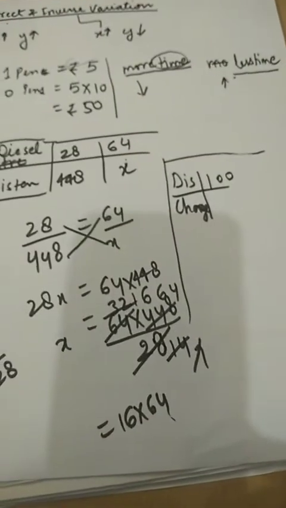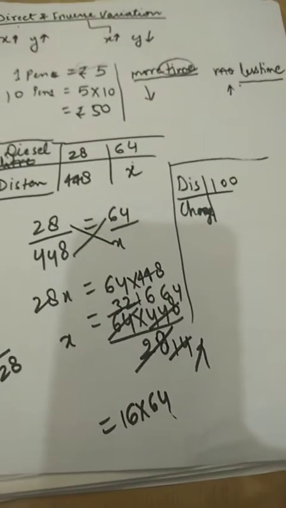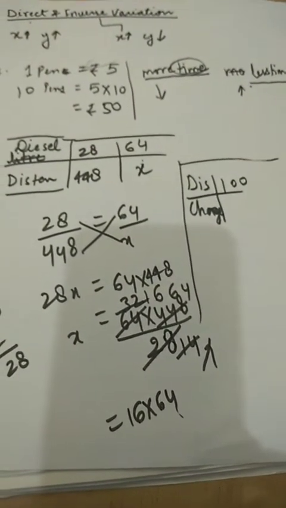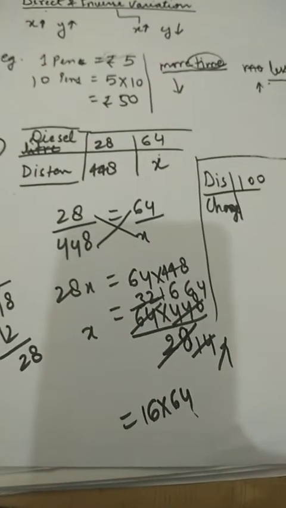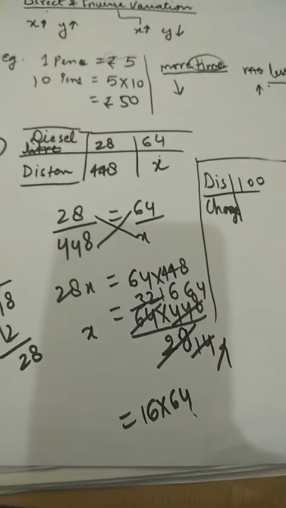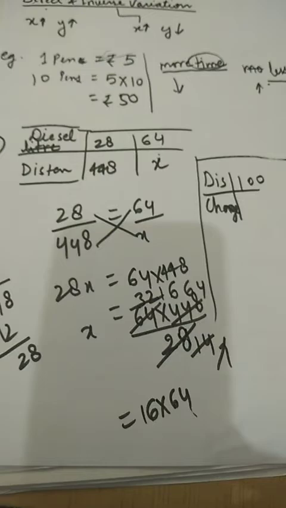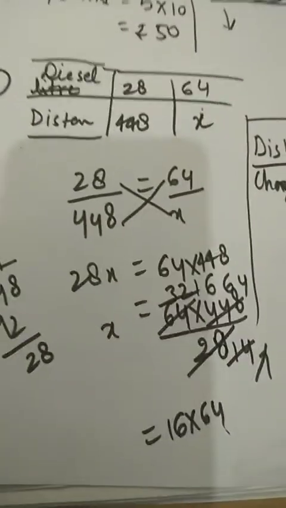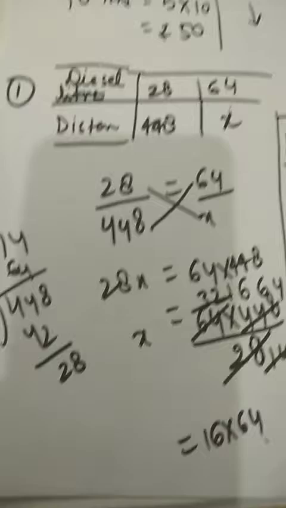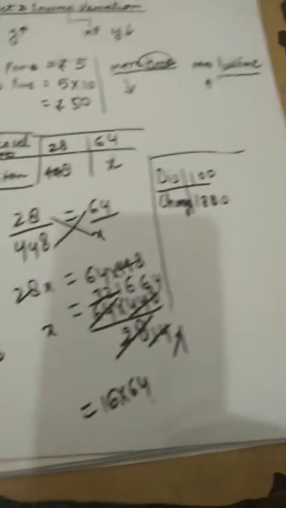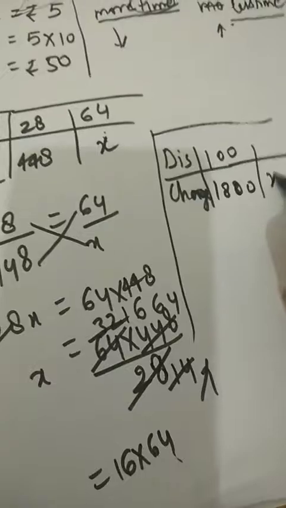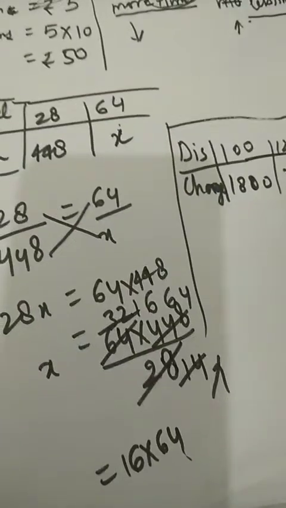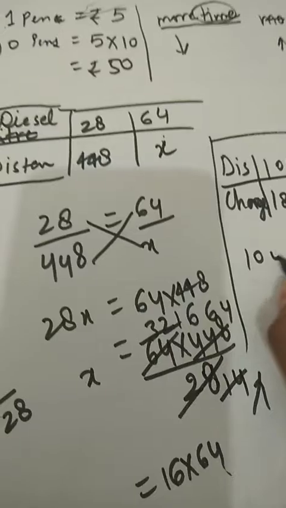The first part is saying that distance is 100, and charges is 1800. Next is saying how much charge. It means it is asking for charge, so we will keep the charge as x and distance is given as 120. So again it's very easy, 100 upon